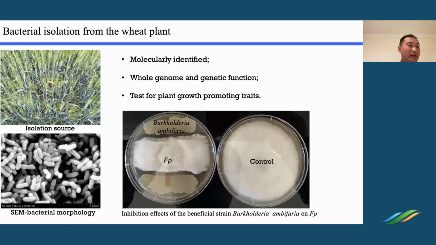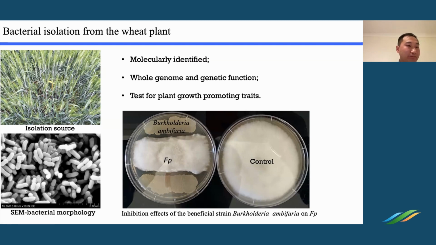Bacteria are integral to ecosystem functionality and plant performance. They have great potential for controlling soil-borne diseases. As an alternative to traditional synthetic chemicals, bacteria present an environmentally friendly, effective, and economic method for pathogen control. In my study, we isolated bacteria from wheat plants with the aim to identify effective strains to control the pathogen. As shown in the slide,